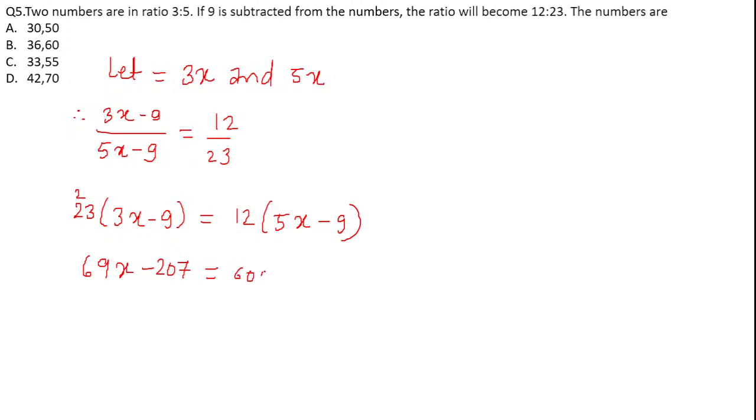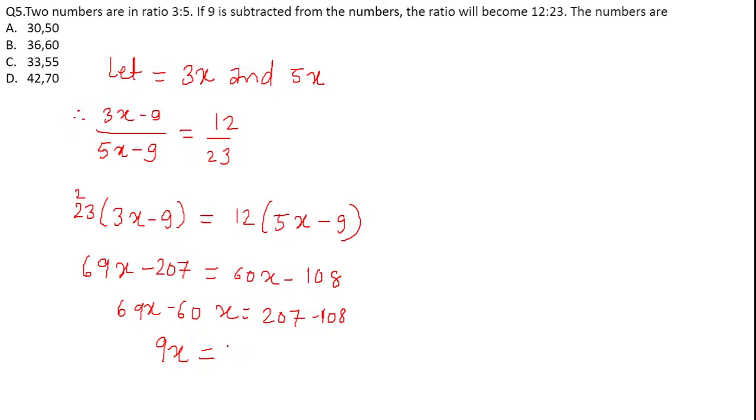12 5s are 60x, minus 12 9s are 108. Okay, and now we have to solve this. So 69x minus 60x equals 207 minus 108, correct. So 69x minus